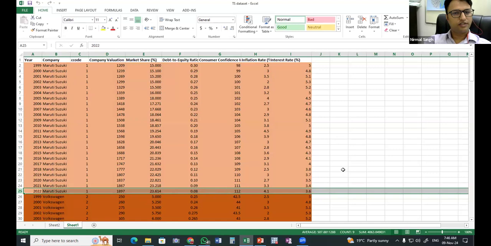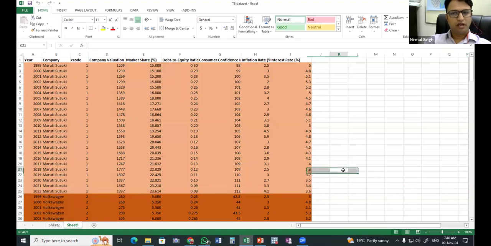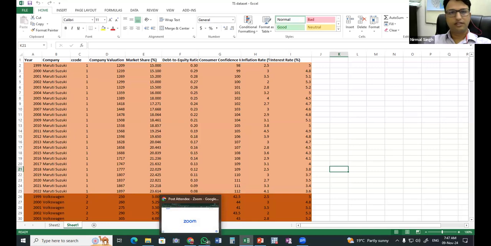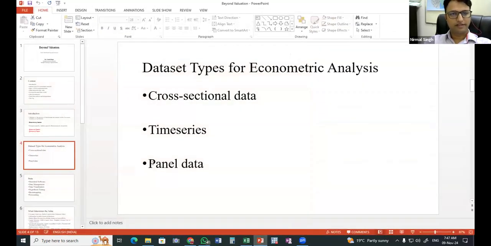But today our focus is on the panel data, where panel data implies that, say for example, we have data on all the different automobile companies, and then we have data on different years as well. So this data set is a panel data where we have the time dimension as well as the cross-section dimension, which is the different companies in the automobile industry. This is the kind of data set which I will be discussing whenever I discuss panel data modeling.